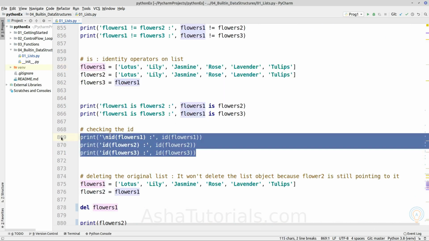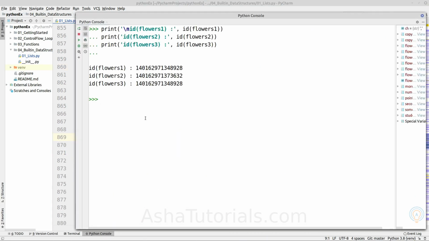So this is the proof that flowers 1 and flowers 2 are pointing to two different list objects inside memory, because both are holding different memory locations, and flowers 1 and flowers 3 are pointing to the same object inside the memory because they have the same ID.